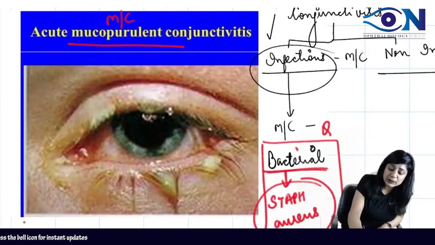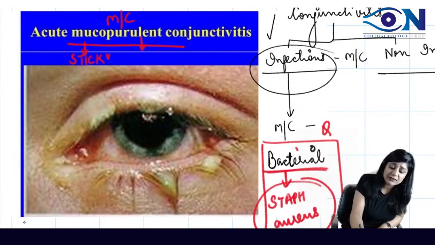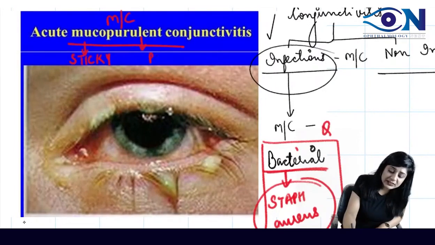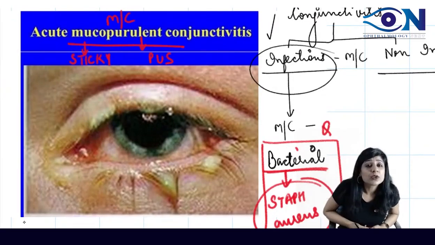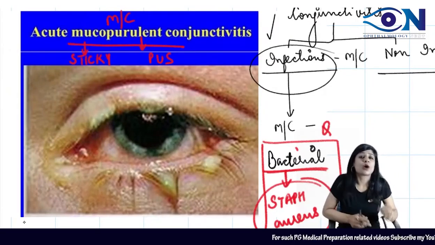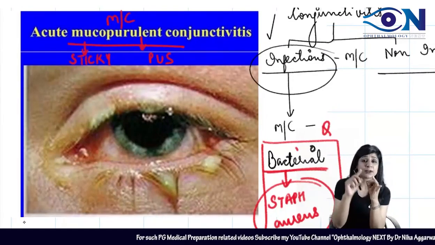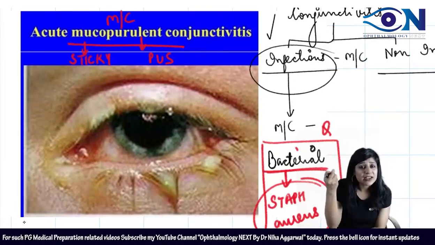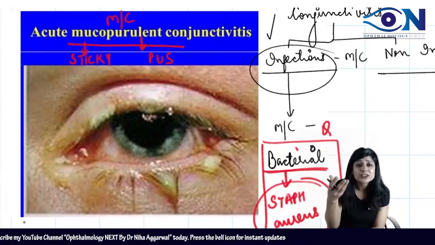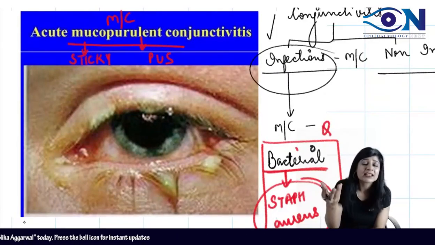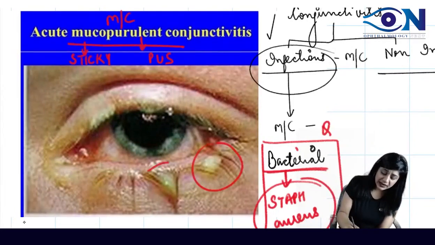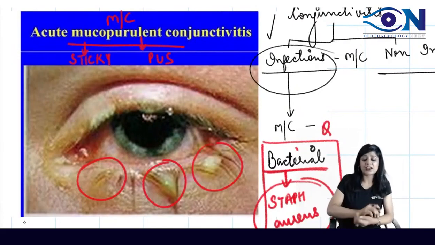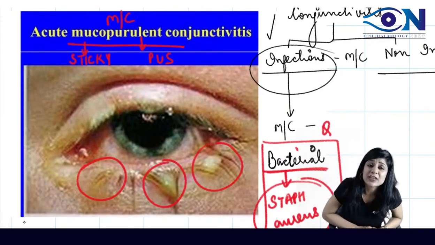Now, when you talk about muco and purulent, muco means sticky, and purulent is the pus. So we have the acute mucopurulent conjunctivitis, that is most common. We have sticky discharge, we have got pus, we will have sticking of eyelashes, matting of eyelashes. Patient will say, I'm not able to open the eyes in the morning. There is yellowish discharge. Can you see typical kind of yellowish discharge you are able to see? So all these are very, very common.